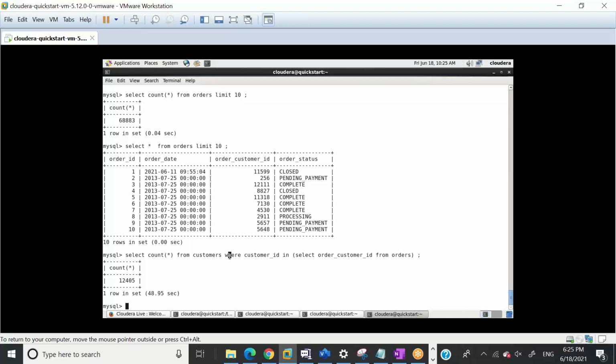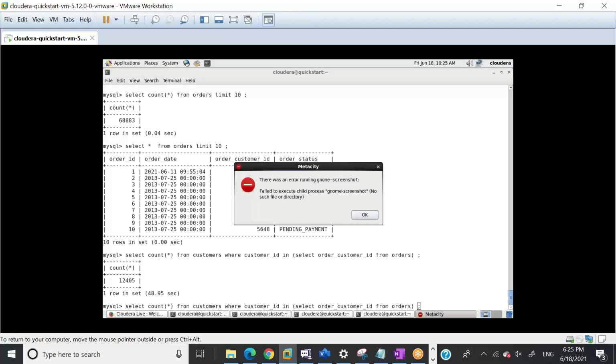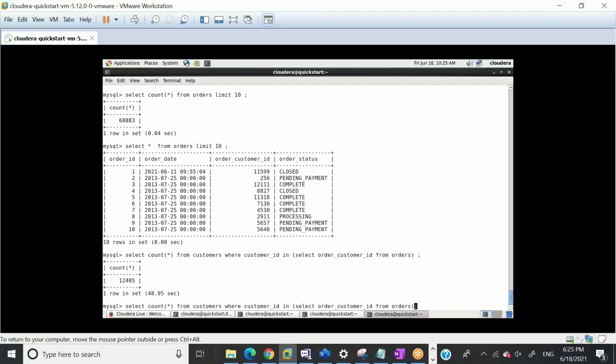This is called subquery. We can have subquery in from clause as well. How can we have subquery in from clause? Okay, so we can have subquery in from clause as well. So let's say we can have something like,